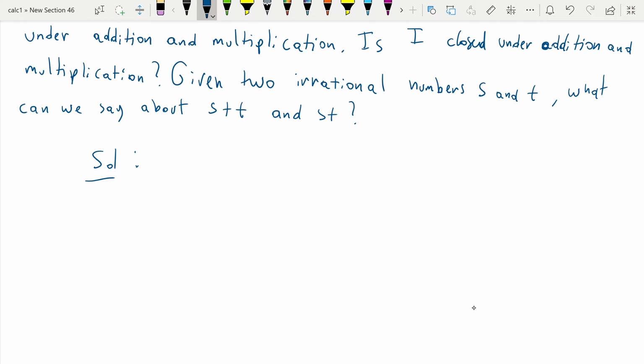This is just for part A. It's just chasing definitions. From the definition of rational numbers,